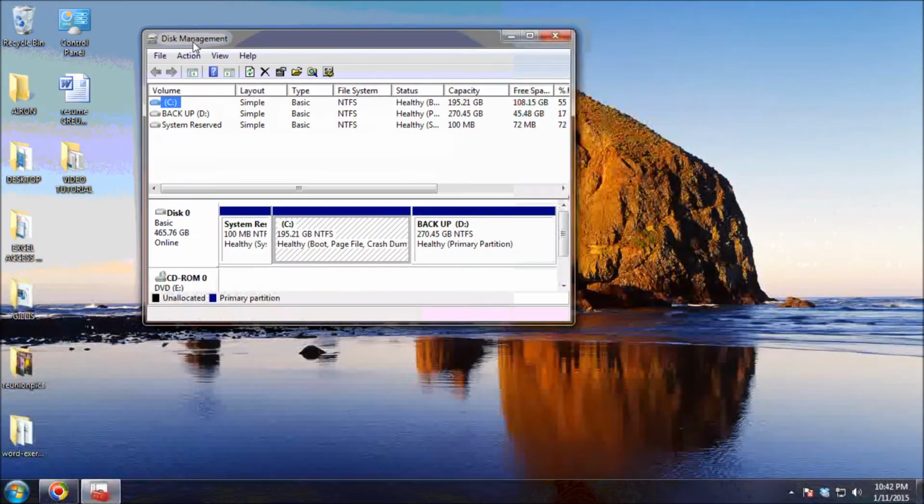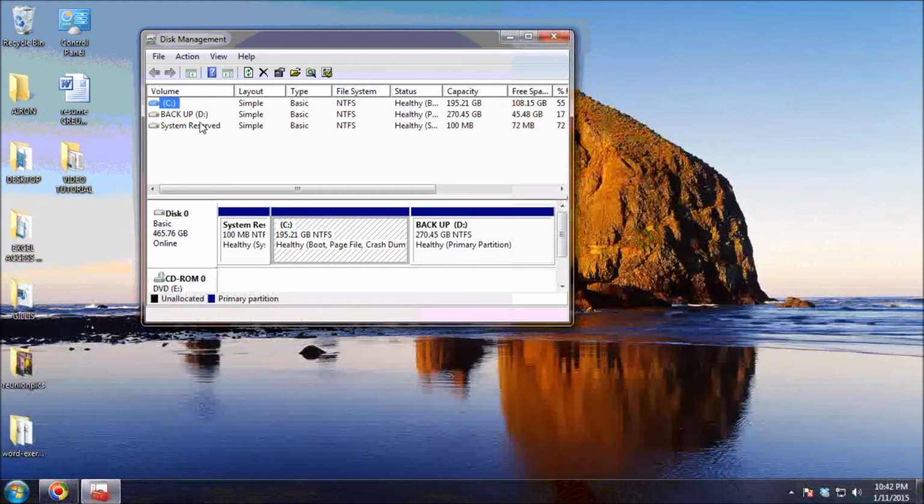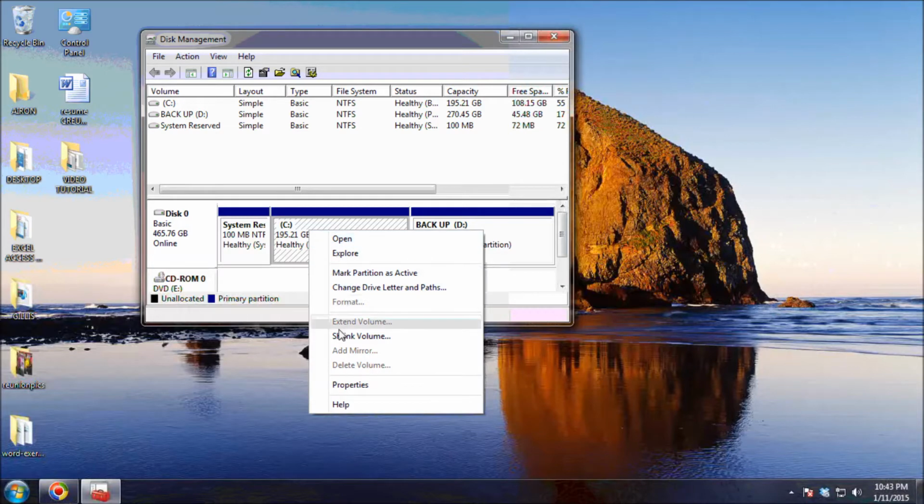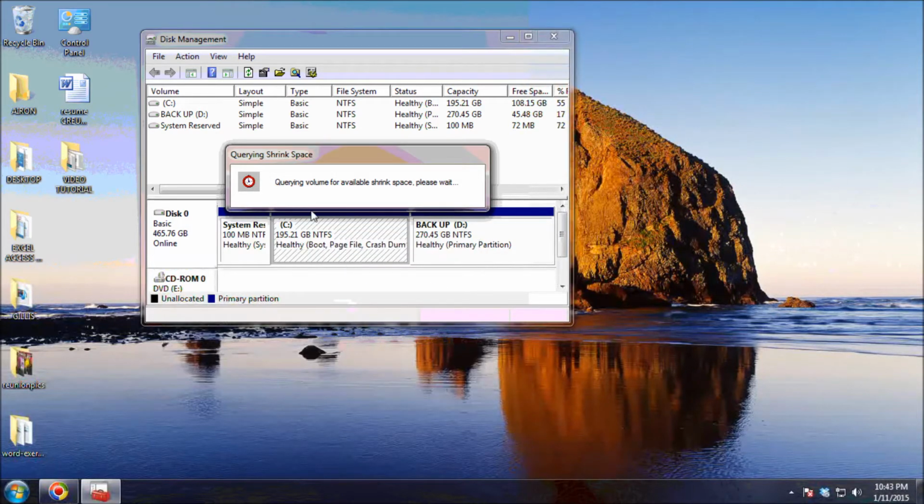From here, you will notice that we have two partitions, the local C and the local D. In the Disk Management window, we can right click on local C and then click Shrink Volume. After it's done querying the shrink space,